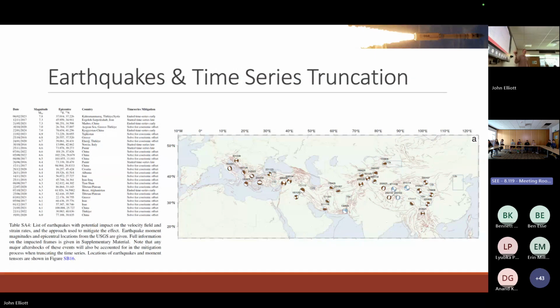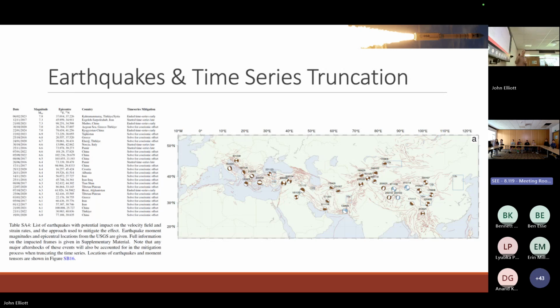Additionally, we have to account for earthquakes in our time series. So these earthquakes cause co-seismic steps that would look like really high strain. Now, they obviously are high strain release, but they're not the bit we want to measure. We want to get rid of those. So we truncate our time series or solve for a co-seismic offset for these magnitude 6+ earthquakes that have happened